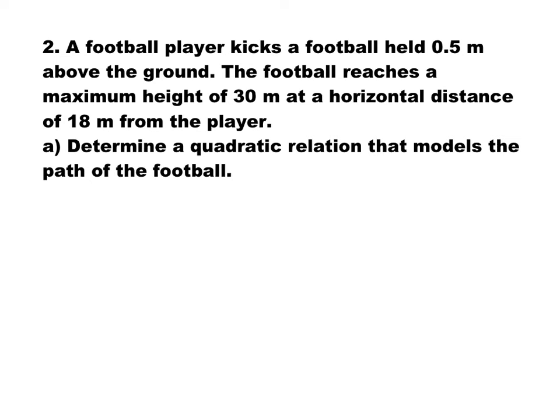The next problem says a football player kicks a football held 0.5 meter above the ground. The football reaches a maximum height of 30 meters at a horizontal distance of 18 meters from the player. We are supposed to find a quadratic relation that models the path of the football. So let's assume the ball is originally here. Let's draw our coordinate system in such a way